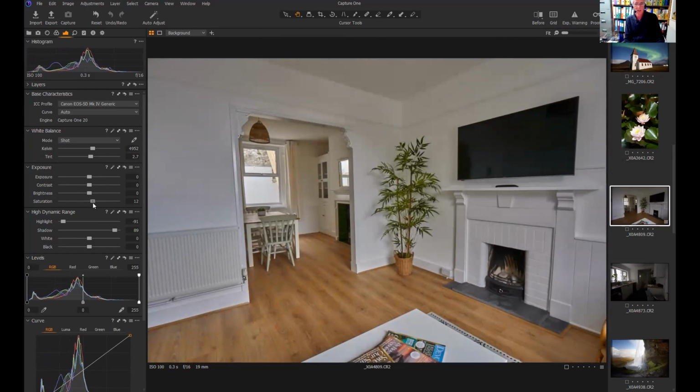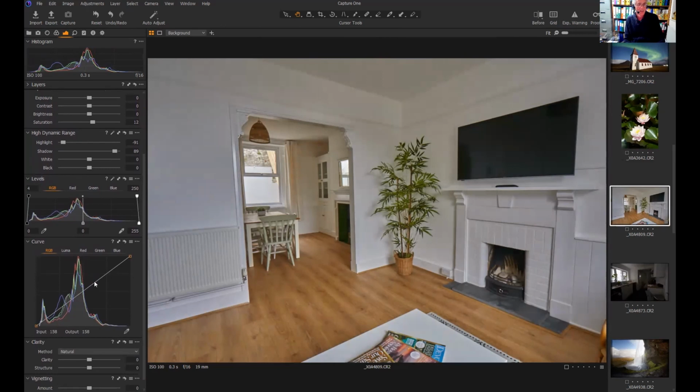I'm going to increase the saturation slightly. Also, the color temperature is probably okay, but it's a little bit yellow in the dining room in the distance, so I might turn the color temperature down ever so slightly. And now we have a picture where things are looking a lot better. Also, the histogram goes right up to the edges, so I'm going to pull that in slightly, and lift this graph a little bit to make those white walls genuinely white,